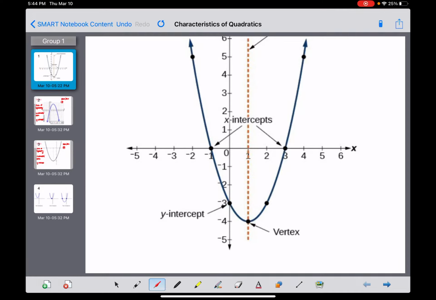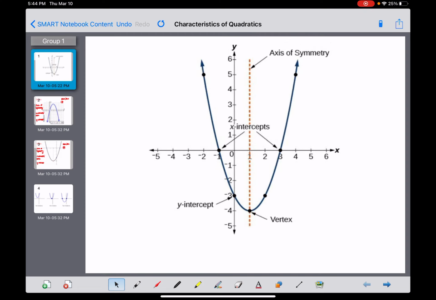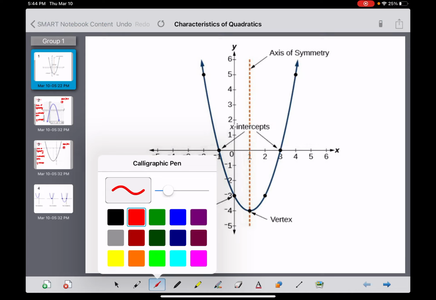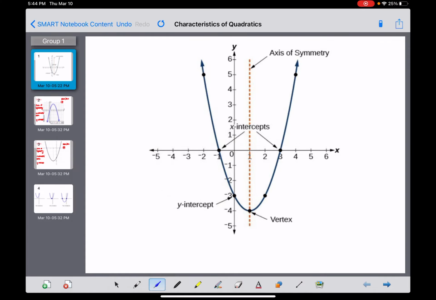We're going to begin a week-long unit about the characteristics of quadratics, which are just parabolas. Today, all you're going to learn, this is going to be a very short video, are the basic words that describe a parabola. So, some of the key words that we are going to examine today are axis of symmetry,